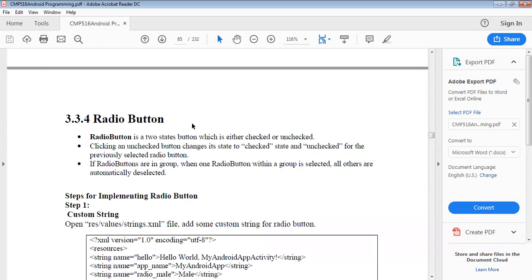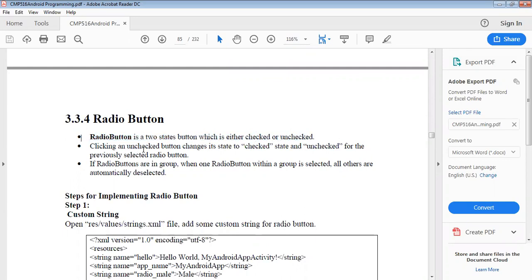Next we can see the radio button. The radio button works the same way as it does in HTML or PHP. A radio button is a two-state button which is either checked or unchecked.